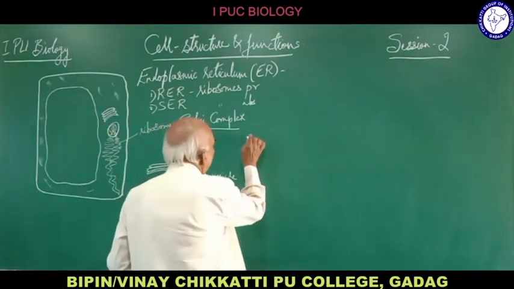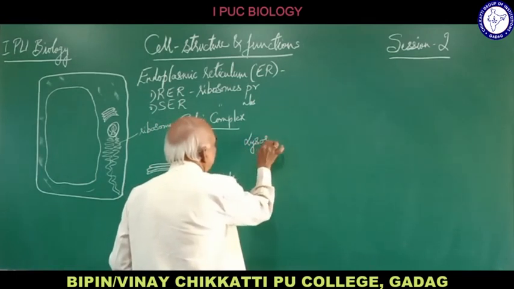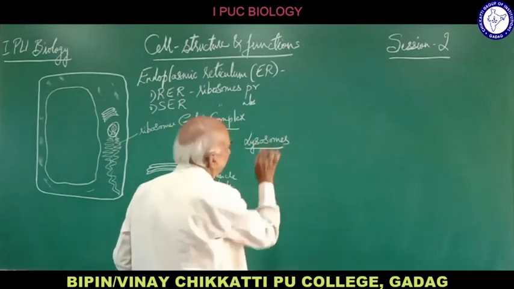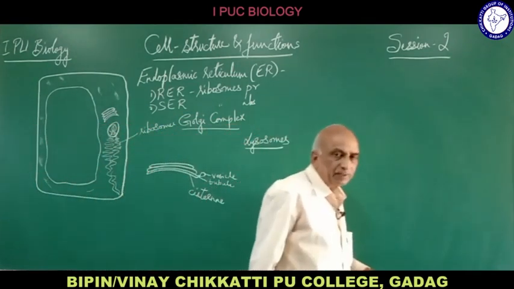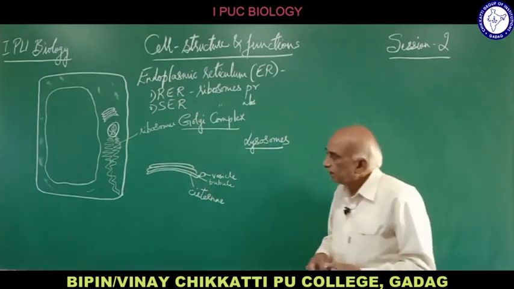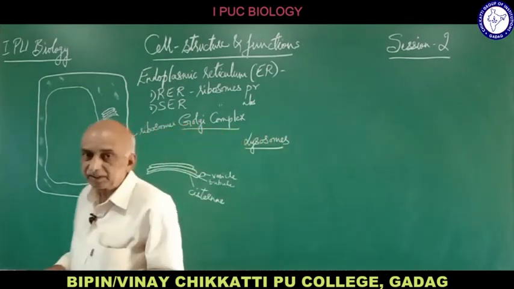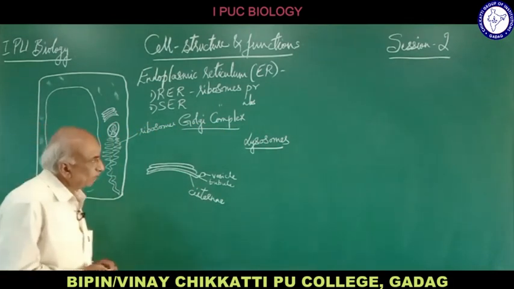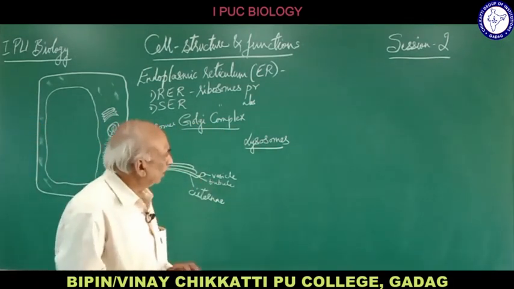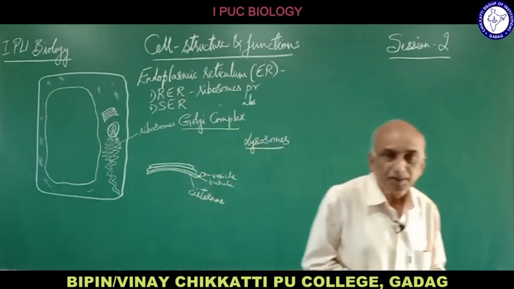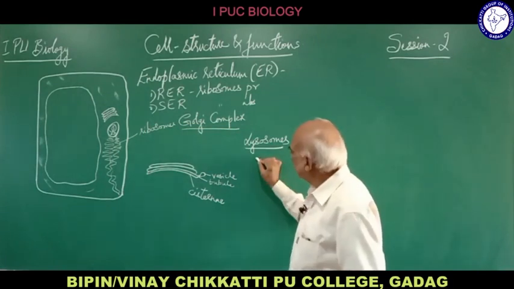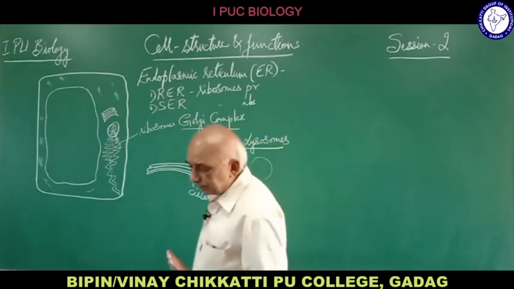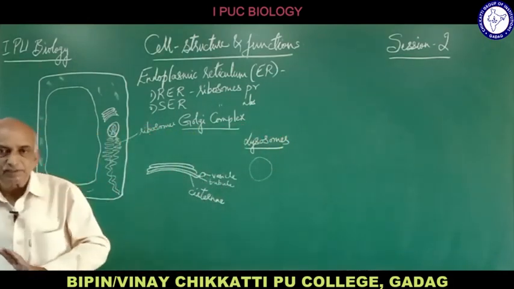Now if you come to the lysosomes, lysosomes are mostly present in animal cells, rarely in plant cells, but we cannot say that they are completely absent, and they are necessary for the functions in animal cells. Lysosomes are so called because lyso means split or break. The lysosomes are very simple in structure. They are just made up of a simple membrane, and there is no other important structure in the lysosome.